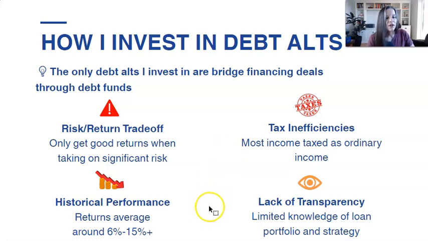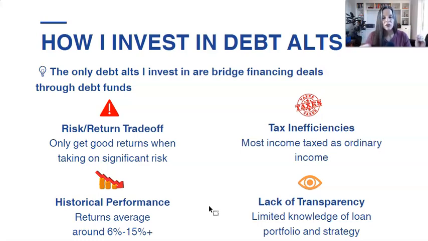There is a bit of a lack of transparency when you're investing through things like an investment fund. This is my experience. You may say the same is true with real estate, private equity, whatever. I haven't found that to be the case. I think when it comes to investing in debt alternatives through investment funds, or when you're in a big pool of other investors looking at really big deals, you find in practice that you have limited knowledge of what exactly you own and what's in the loan portfolio underlying the fund itself. And I never really feel like you have a clear indication of underwriting strategies, things like that, that would help you feel a little better about the risk you're undertaking.